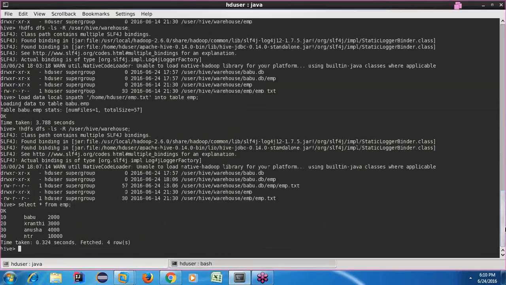Is it, Ravi? Is it created as a managed table? Are you sure it is a managed table? Yes. Let me cross check everything. Why am I cross checking everything one more time? Is it because I had doubt?